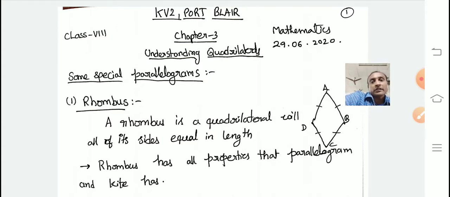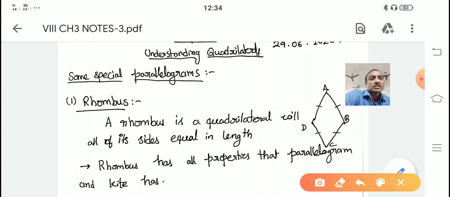Now, we see a continuation of that, we see some special parallelograms. Yesterday, that means before class, you have seen what a parallelogram is, what its definition is, how to find it out, and some questions we have done related to parallelograms in the quadrilaterals chapter. Then before that, we have seen what a polygon is, an n-sided polygon, regular polygon, interior angles, exterior angles, each interior angle, each exterior angle, so many things you have seen. Now, in this session you see some special type of parallelograms.